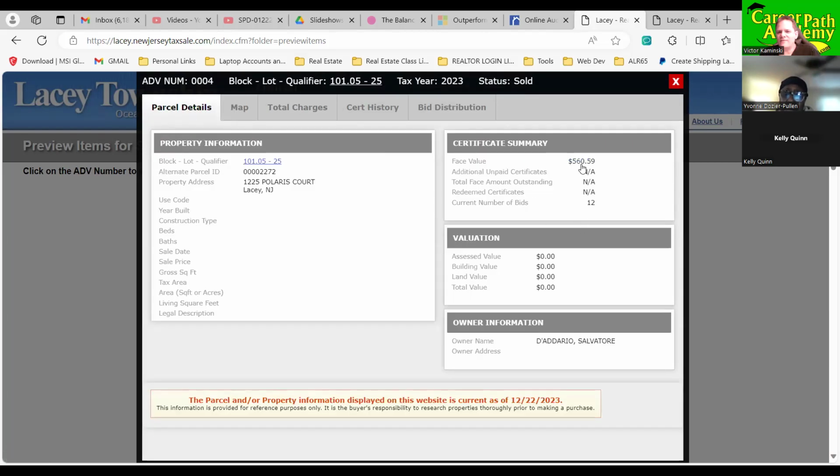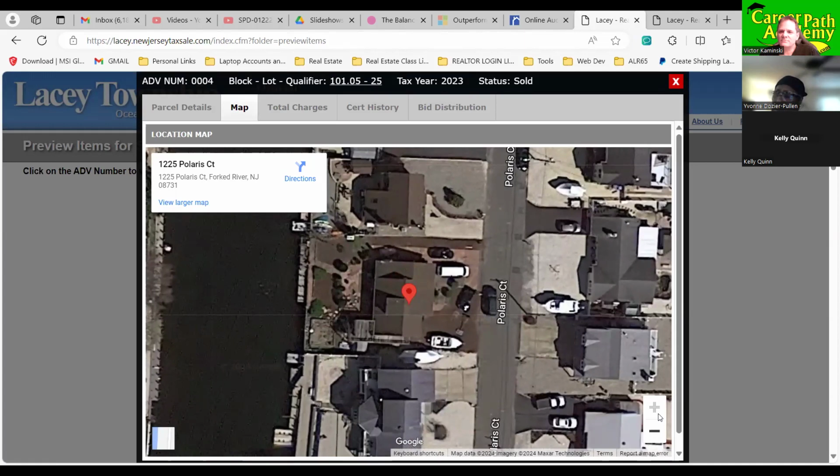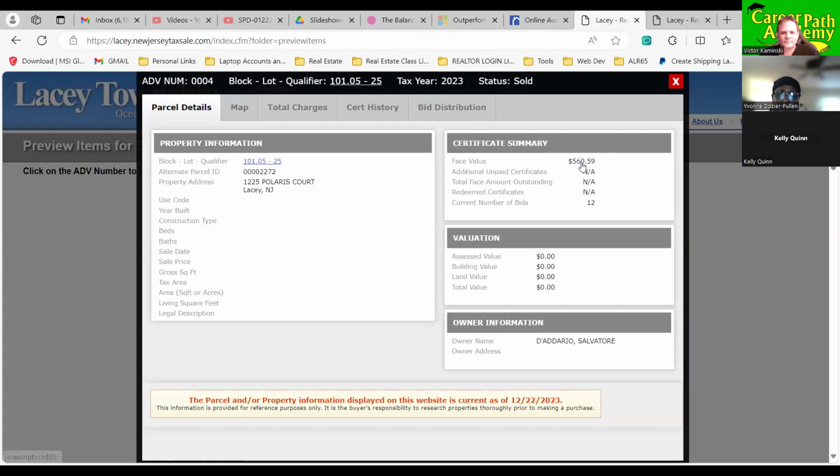Now, if they don't pay that $560 back within 2 years plus interest, that winner at that auction can get this house free and clear for $560. Oh my God. Could you imagine losing this beautiful house with your own dock right on the ocean on the Jersey Shore? It's probably a very expensive house for $560. Yeah. So I wonder what's going on there. Whoa.